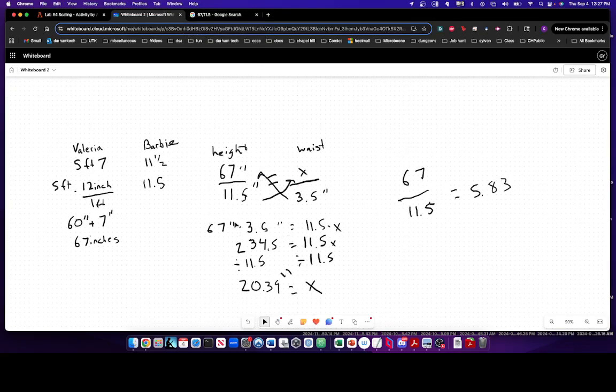So if I take the same thing we just did, but let's do the waist again. So let's say I want to go from the waist of Barbie to the real life dimensions, so called. So I would just take that 3.5 dimension, multiply by 5.83,